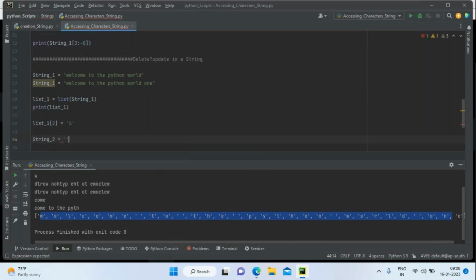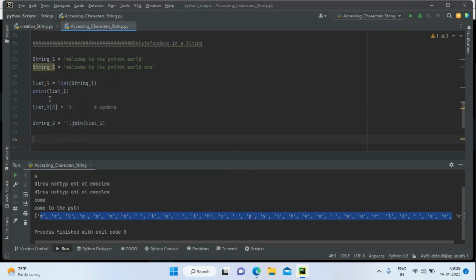I'm going to use one empty string. You can use double quotes to make a string, or you can use single quotes to make a string. Dot join function and then pass the list_1. Here I'm trying to update, in the second index. Instead of L, I am updating as yes. Let's see if it's working or not. After updating, I'm using the variable list_1. Now I'm going to print the